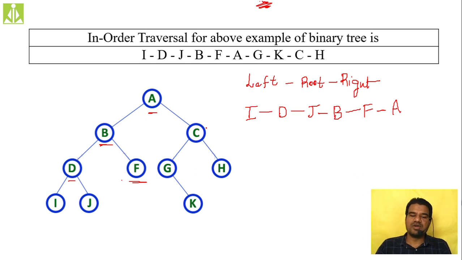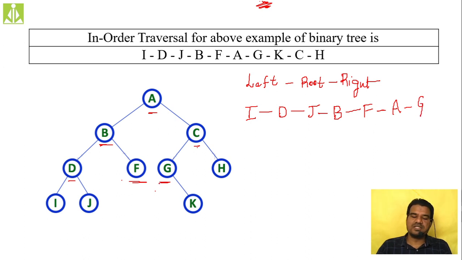Go to the right. When you come to C, make C the root node. When C is the root node, you can't visit C. You have to look for the left child first. The left child, G, is not visited. So come to G and make G root. When G is root, you can't visit G unless the left child is visited. For G, we don't have any left child. If there is no left child, after left child we have to visit the root. So visit G. After A, we are visiting G.